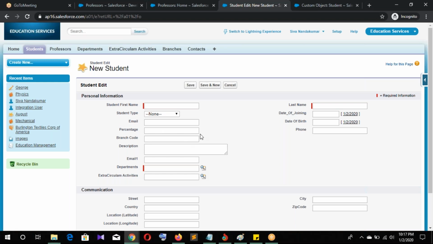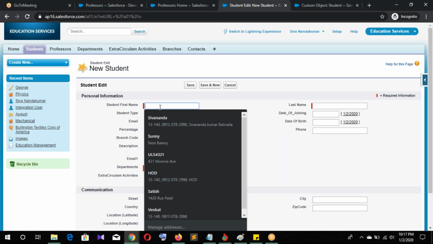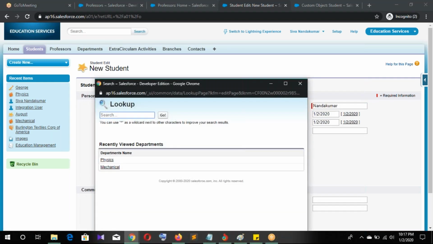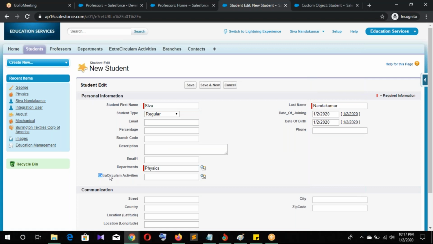Yeah. See, I created it. Student and regular. See, I did not enter the extracurricular activities, and I removed this also.